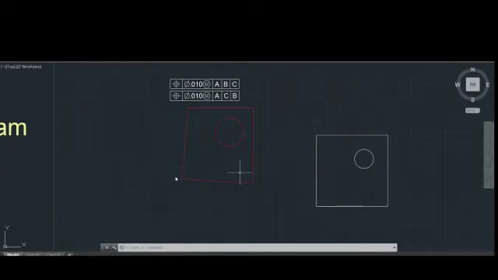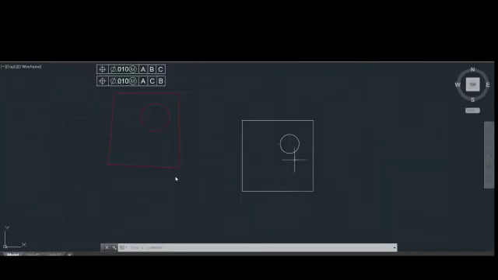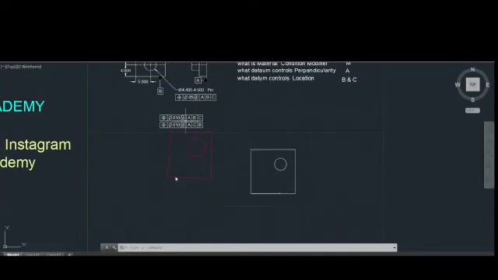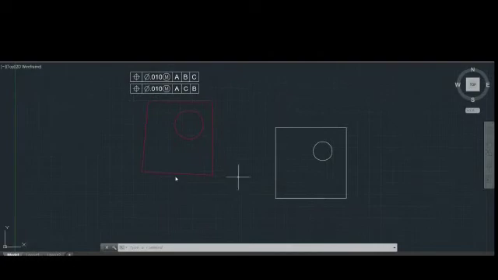So in order to avoid that, we have used GD&T. That is another advantage of using GD&T, that we can use a feature control frame for mentioning the tolerance on a given part. Okay, so I will just repeat one thing. I have already aligned my datum A of this part and this part. Okay, so in the second case, we will be aligning our datum B. So my datum B will be this one and my datum C will be this one.